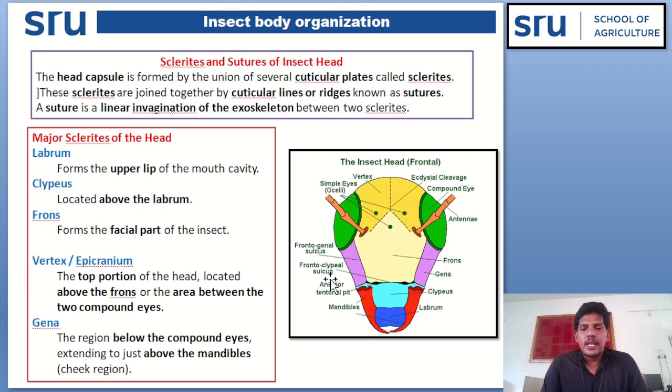Next, sclerites and sutures of the insect head. The head capsule is formed by the union of several cuticular plates. See, these are yellow colored cuticular plates, light yellow colored cuticular plates, then blue colored plates, and red colored mandibles. So several cuticular plates are there. The head capsule is formed by the union of several cuticular plates known as sclerites, and these sclerites get